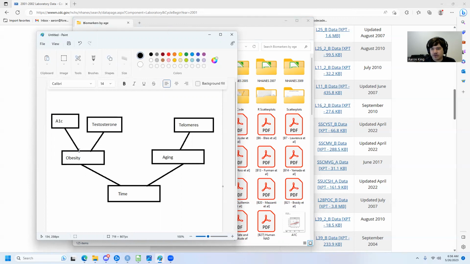So if we find all the biomarkers that rise with obesity, that are also tied to time, we can stack them onto obesity, like A1C or low testosterone. And then we can take that whole chunk and push it over here and say, okay, if you can just solve obesity, which is very solvable, then you can eliminate all that part. Now that's no longer aging. This thing over here is aging. What is actually part of aging? It's all the stuff that